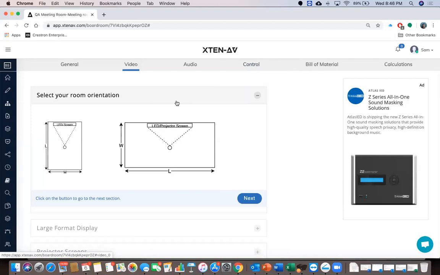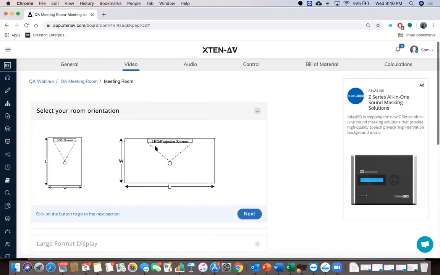There is a logic, there are algorithms which are working in the backend, for which you have to make sure that you are going with the flow. First you complete the video section, the audio section, and the control section. And then you go to bill of material. However, having said that,